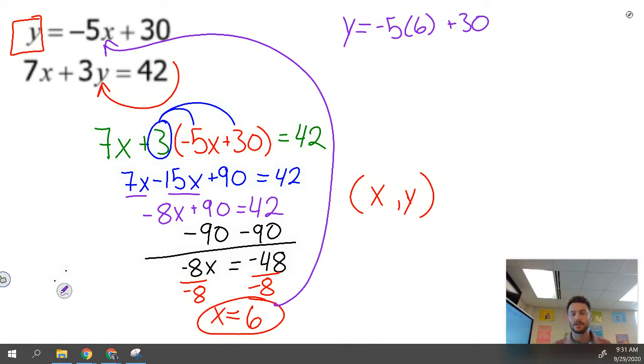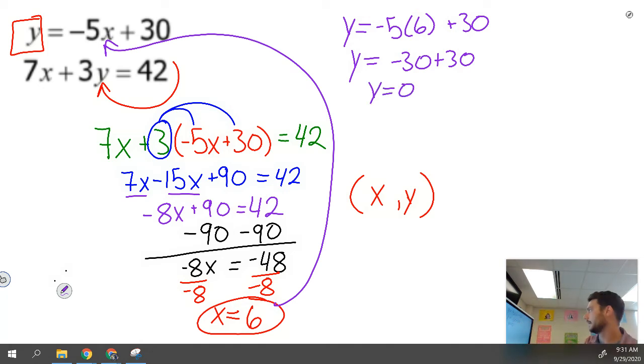Plug it in once again. Make sure you replace x with parentheses 6, and we solve. y equals 0. Great. But do me a favor and don't leave it like this, because this isn't really the